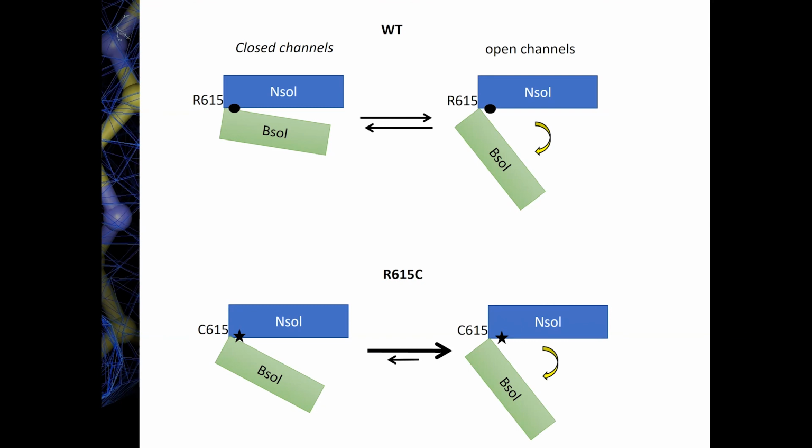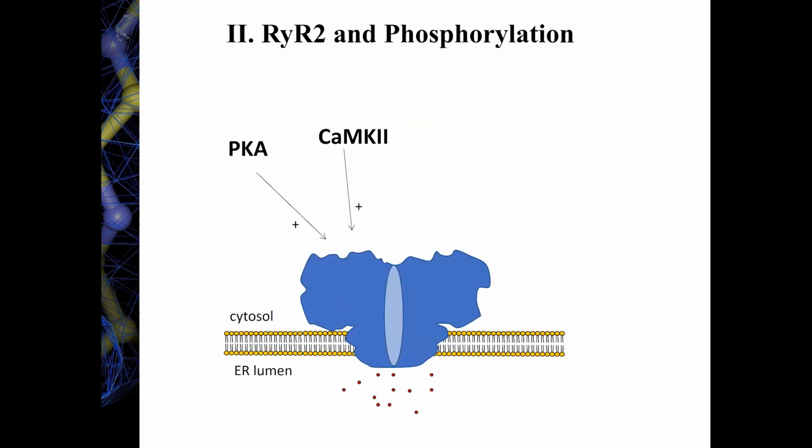Now, there are many more disease mutations in the ryanodine receptor, and I think many of those have their individual stories, and there will be a lot to be explored via cryo-EM. But I also pointed out that post-translational modifications also play a role in disease. And so what I briefly want to talk to you about is what we figured out about kinase regulation of cardiac ryanodine receptors. So in the heart, the main isoform is RyR2.